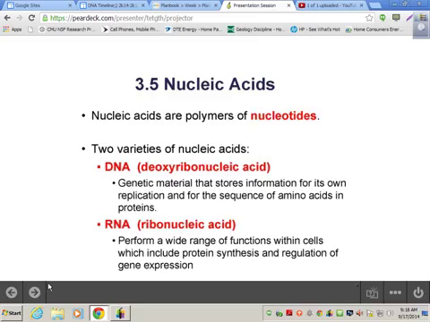Remember, we copy DNA onto RNA. RNA wiggles through a nuclear pore, goes out into the cytoplasm to assemble amino acids at a ribosome. So that means there's this other thing called RNA. Now, DNA is this very large structure trapped inside the nucleus. Can't get out. It's double-stranded. For us, it's 30,000 genes long. Can't fit through a nuclear pore, too big. It's literally 60,000 times bigger than one RNA strand. So we copy DNA again onto RNA, and this performs a wide range of functions within cells, which include